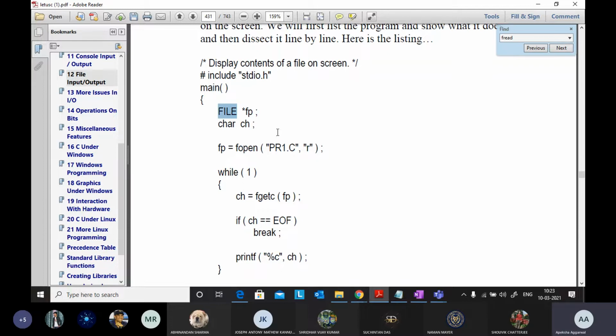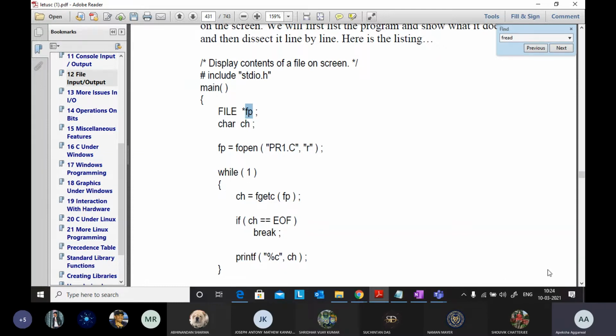Think of it as a variable itself, like ch will store content. Anyway a character will store 0 and 1, an integer will store 0 and 1, and a file will also store 0 and 1 in memory. It's just that you define those zeros and ones as a character, or as a file. So fp will store the address of the file.